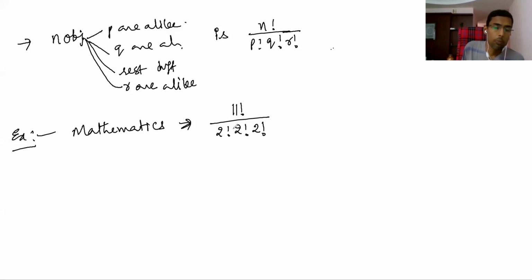Here, one thing you need to understand: here, out of n objects, we are taking all at a time, when all the objects are not different. When all objects are different, we are taking r at a time, 2 at a time, 5 at a time, r at a time, nPr. But here we are taking all objects. If you don't take all objects, then those situations will be different and the problem becomes very complicated. That is another discussion we'll have later. But you should understand here we are taking all objects.